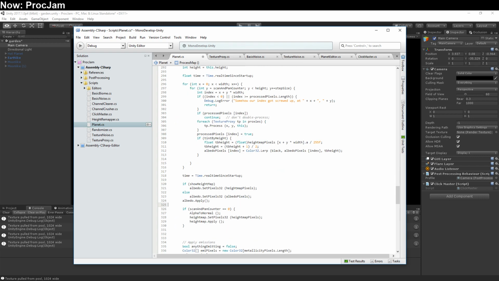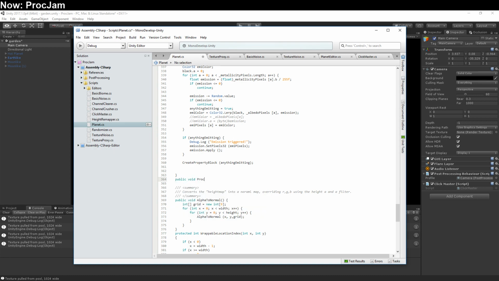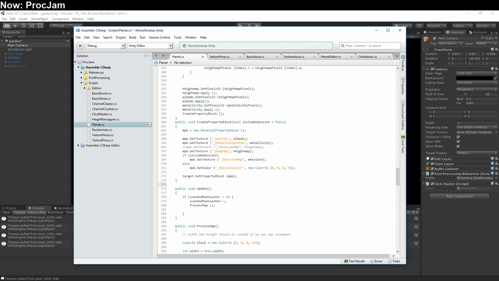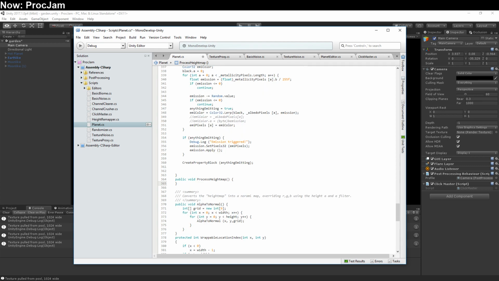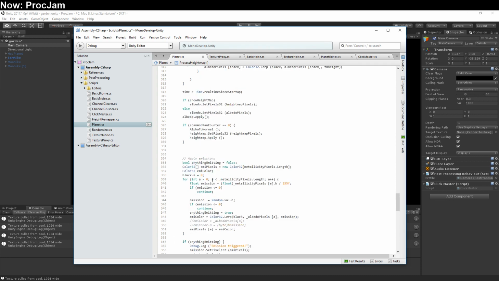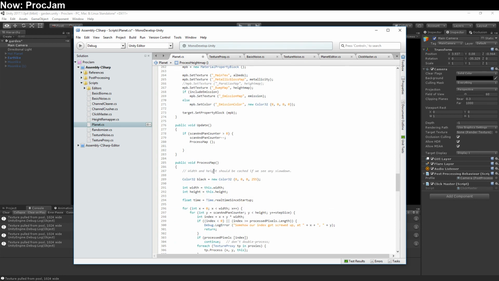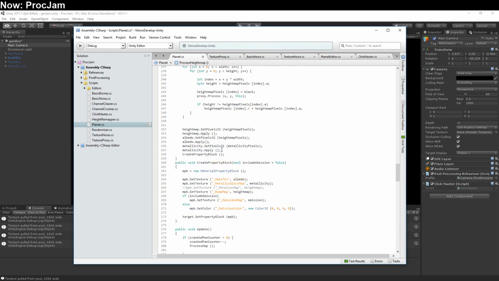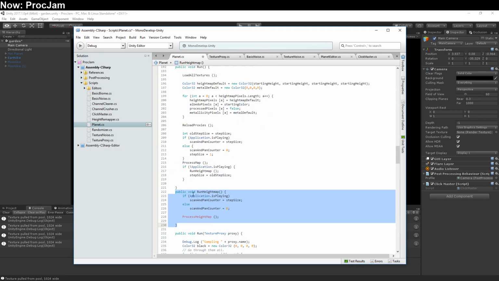So down here under process map, we'll create a new function called process height map. I don't remember whether it had a capital M or not. Well, I'll figure it out. But basically, process height map will do the same thing as process map. And I've lost track of where things are going here. Run height map versus. So basically, the thing is that the run series